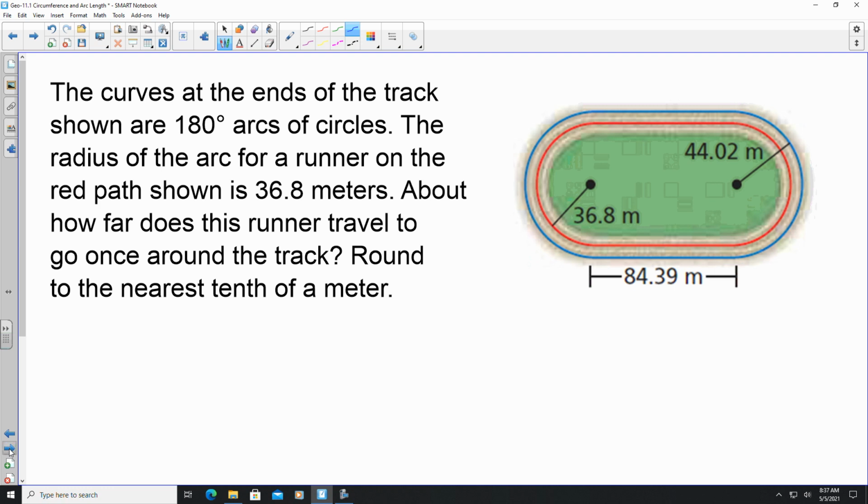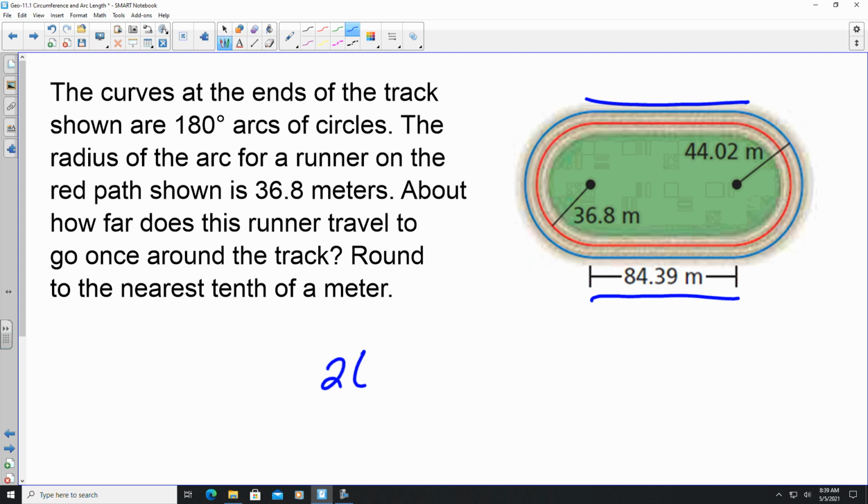Curves at the ends of the track shown are 180-degree arcs of the circle. Well, that just means they're half of a circle. And it appears that we're just looking at the red. That's what it seems like to me. So it looks like they're just trying to figure out the red one. They want to know how far you travel. So from here to here is what,